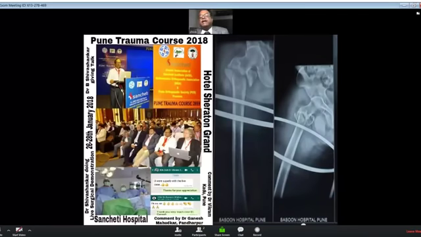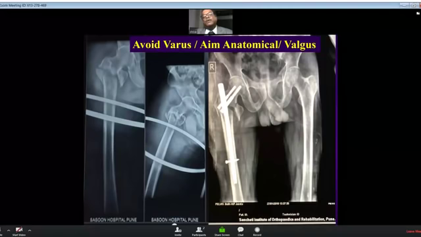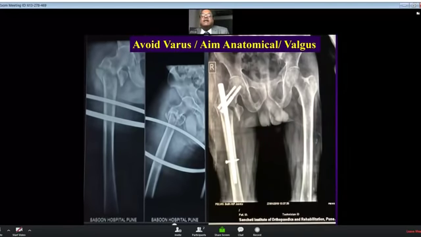Again, a recent case I have done this year only. Here you can see the lateral wall was compromised in this patient. What I did, I just screwed in the screw touching against the nail. The head of the screw is touching the nail itself. So the lateral part of the nail is acting as a lateral cortex. If I had left the screw out a little more outside, there would have been chances for toggling.